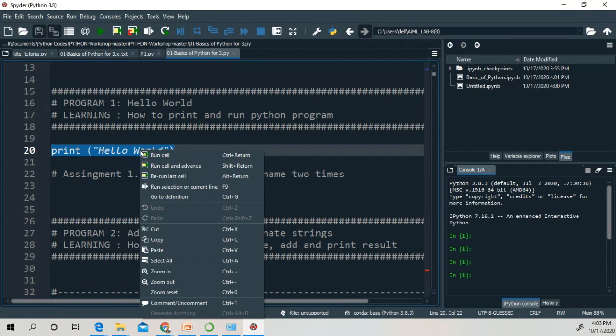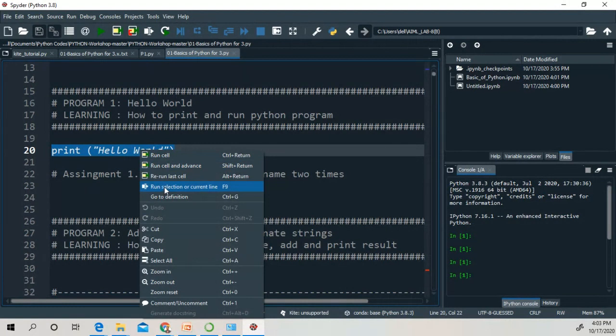If you want to execute your program line by line, then you can use run cell and advance. Press it from the keyboard, then you can advance to the next line of code. If you want to run one single line, you can press run selection or current line.